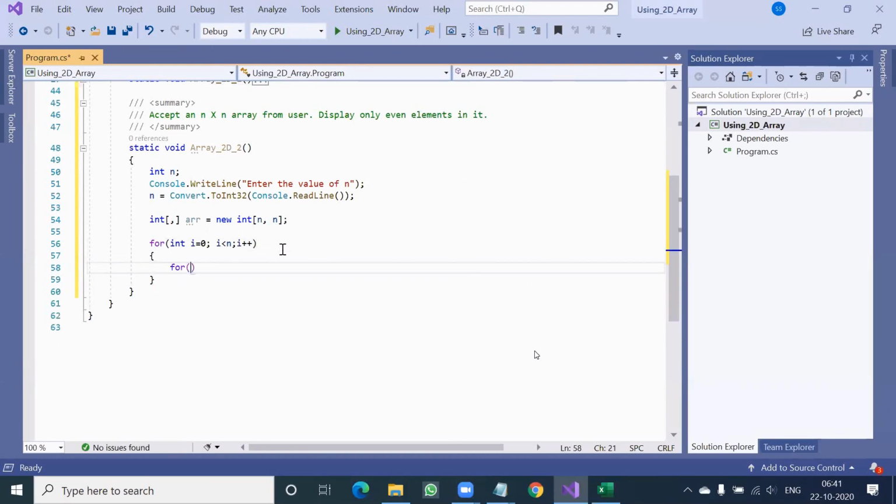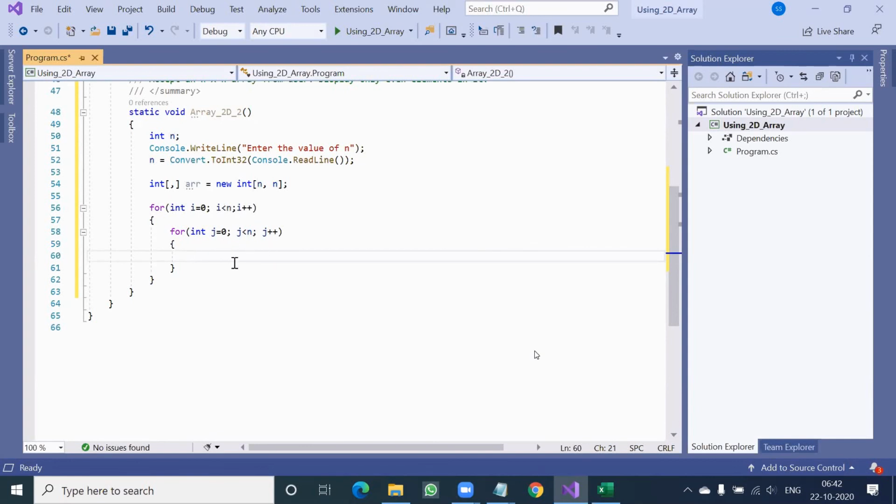Inside that, one more for integer j equal to 0, j less than, again the same n, and j plus plus. Like this you can do. So this time this n is not 4 or 3 or 5. It may be anything, whatever the user entered.